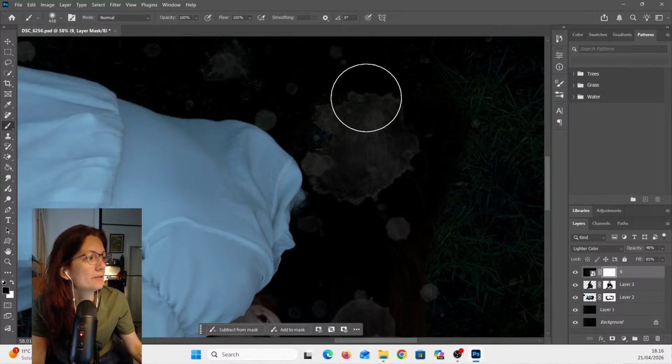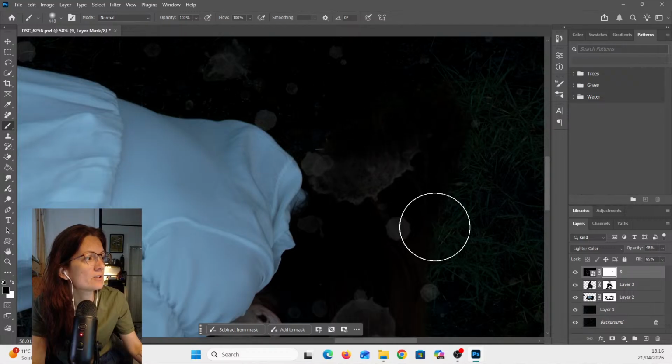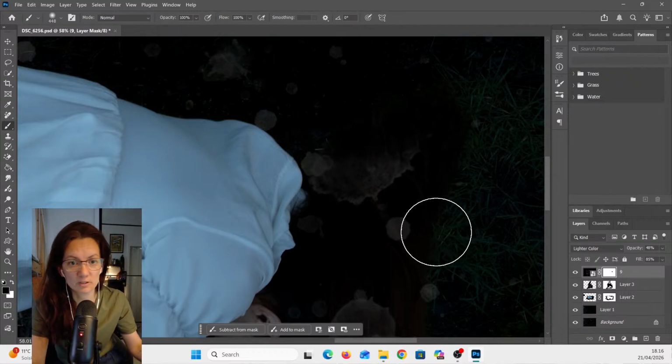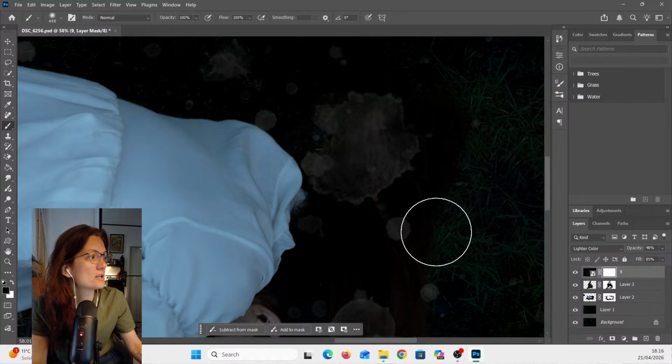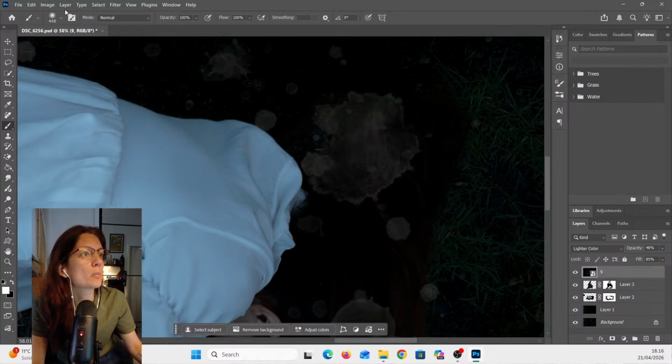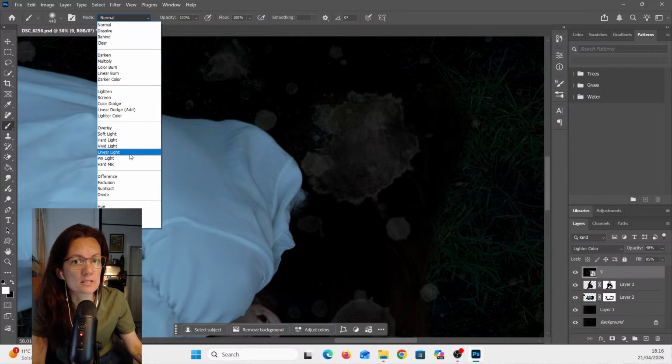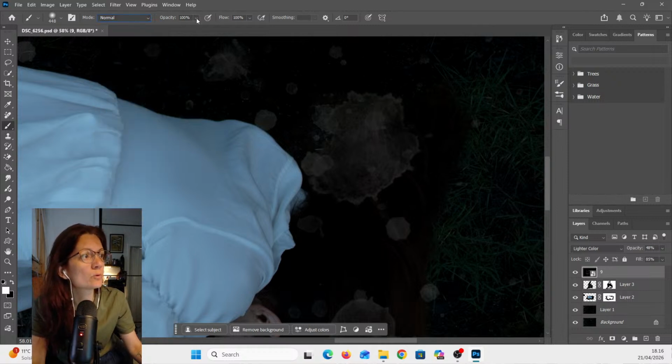So if I would want to do this, then it's just going to take everything away from the entire splash. So what I would like to do is, again, we have our paintbrush here on the top, and then we have normal mode, and still we can play around with it a little bit, but what we want to do is just take the opacity, and the less the opacity you do and the flow, the more